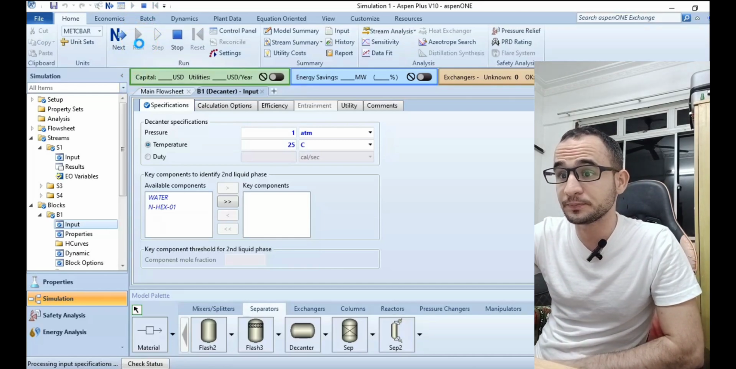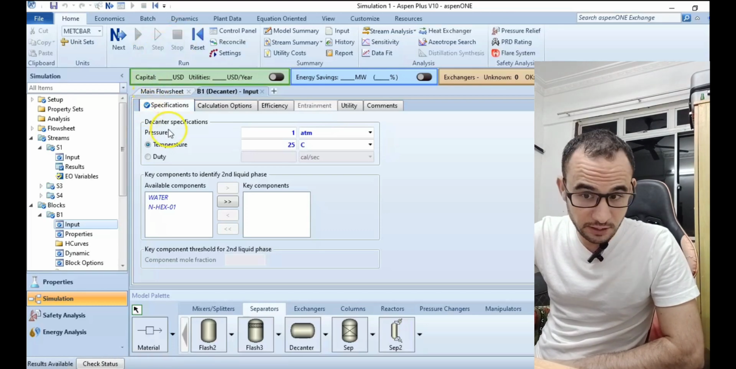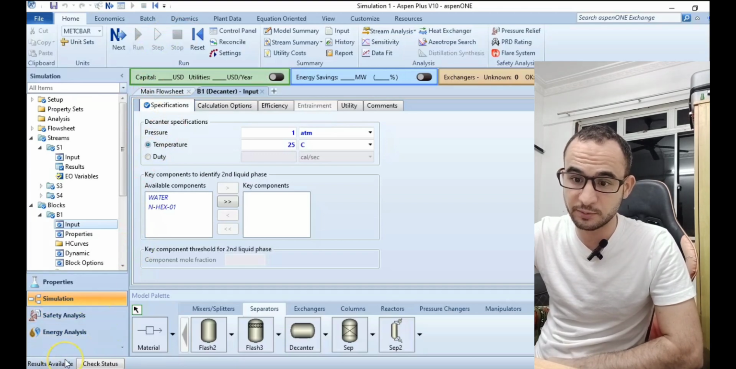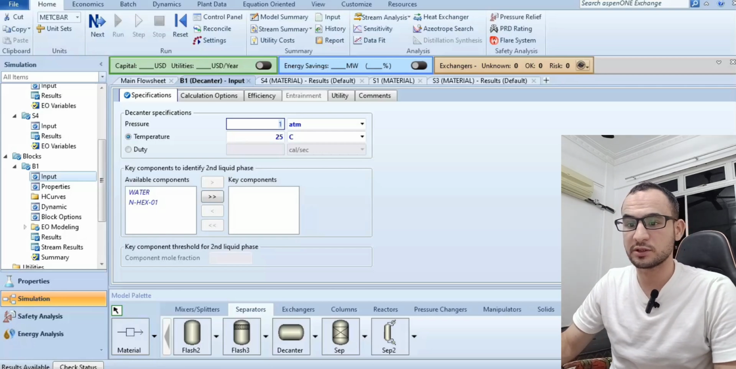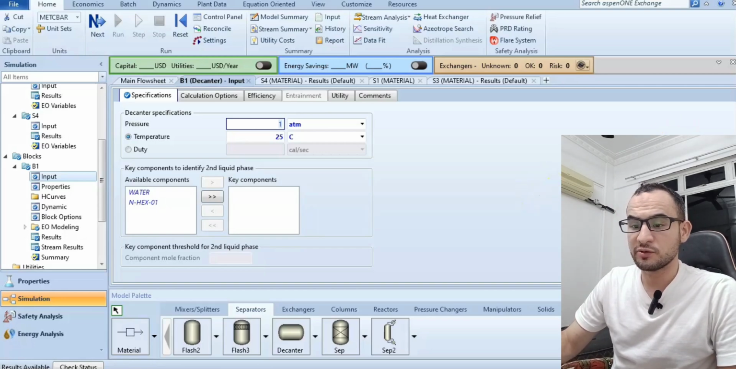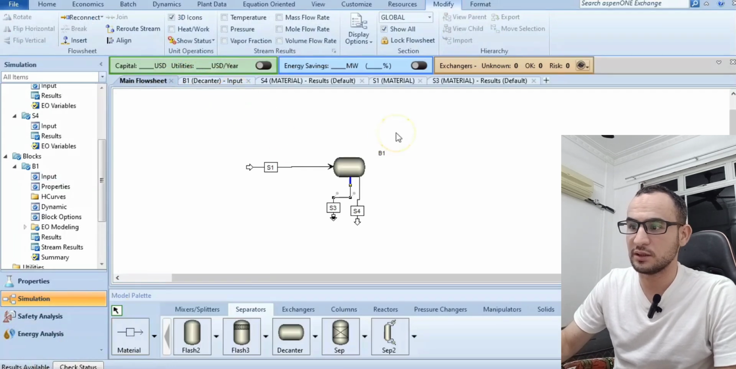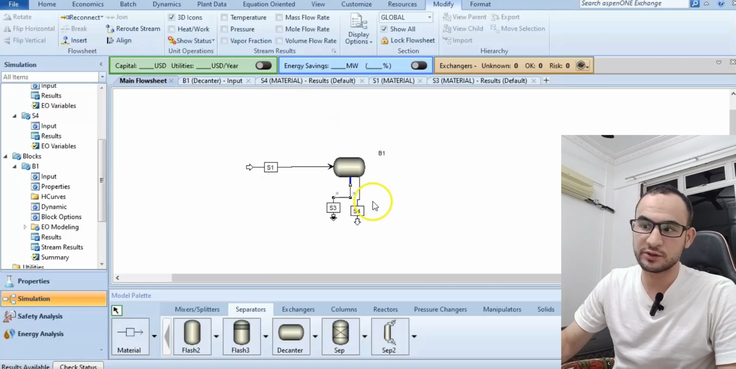So let's wait a minute. It is calculating. Sorry, my recording was interrupted, so I'm coming back again. As you see here at the right bottom of our screen, the result is already available, so the processing is already finished. We go back to our main flowsheet, and in order to see the results of our mixture,